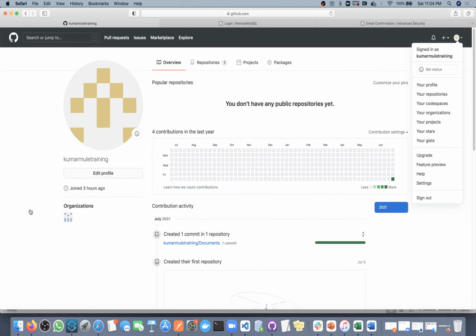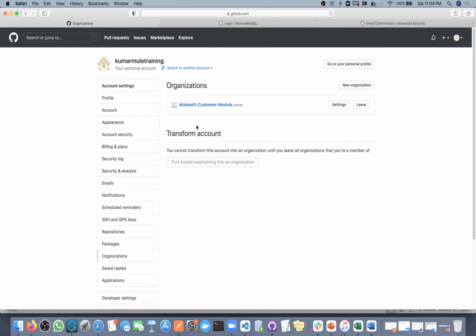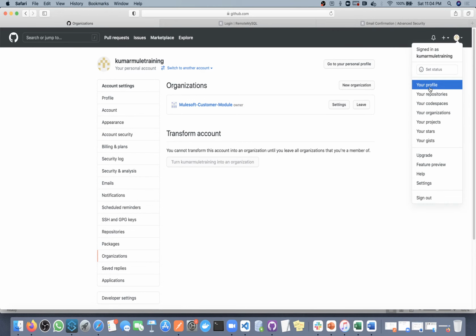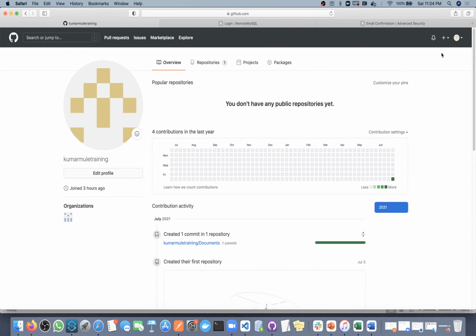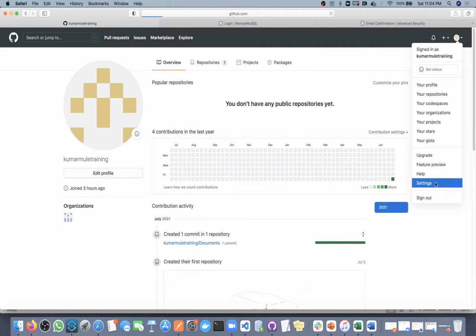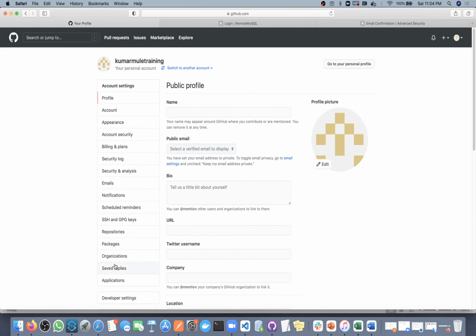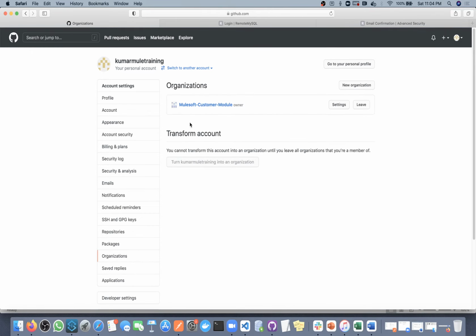Actually I already created this organization, but let me show you how you can create one. Yeah, here. Once you go inside your settings, not profile, settings, here you will, sorry, no need to create the organization. I am just telling you that you can create one. Okay, so the organization you can create here.